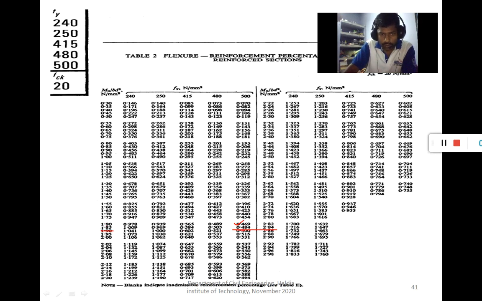You find out this difference, and linear interpolation is made to get the PT for any intermediate value, okay. So for any intermediate value, linear interpolation has been made.